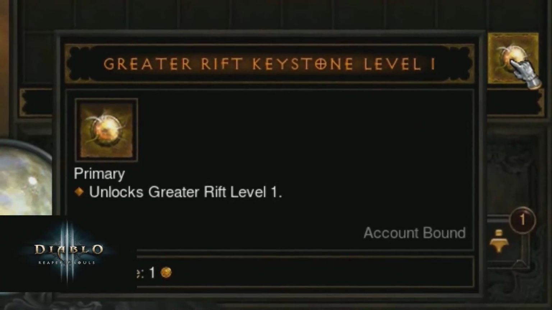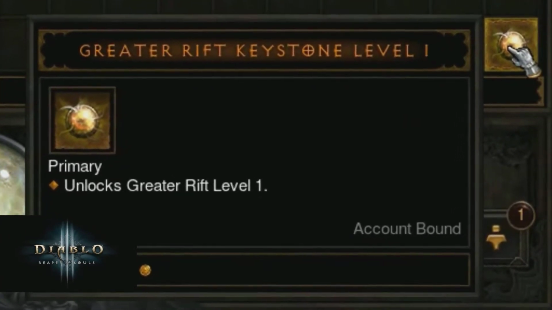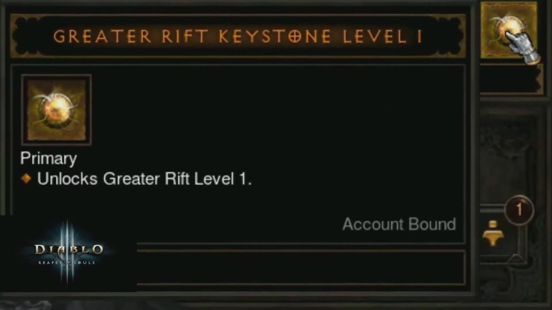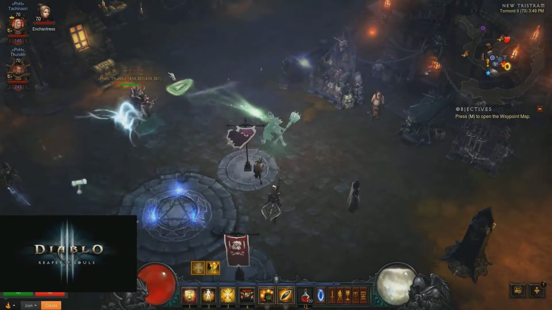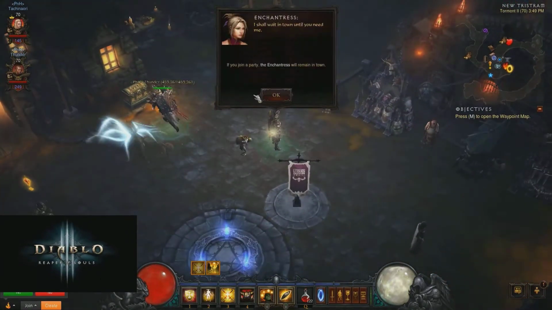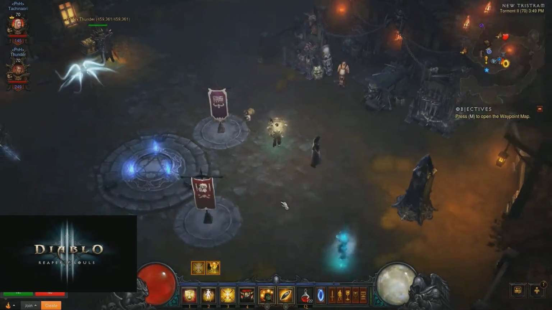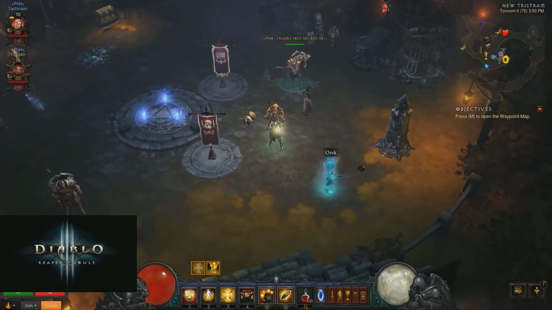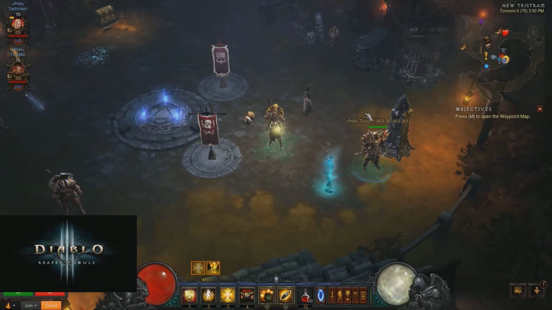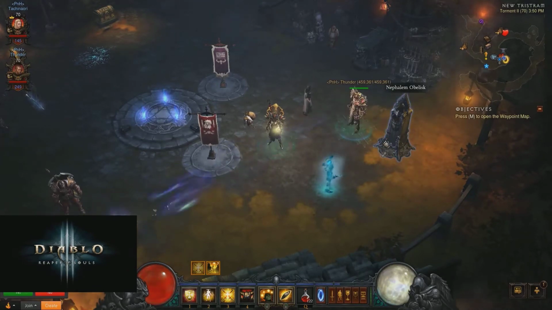Now this is me and my brother doing some greater rifts. If you haven't heard, the PTR is out and it's super fun, and we're doing some greater rifts right now. And as you can see, we're just showing off our spells and stuff, and I'm talking to him because I've never done these before. So I'm just going to read from the PTR patch notes to understand what greater rifts